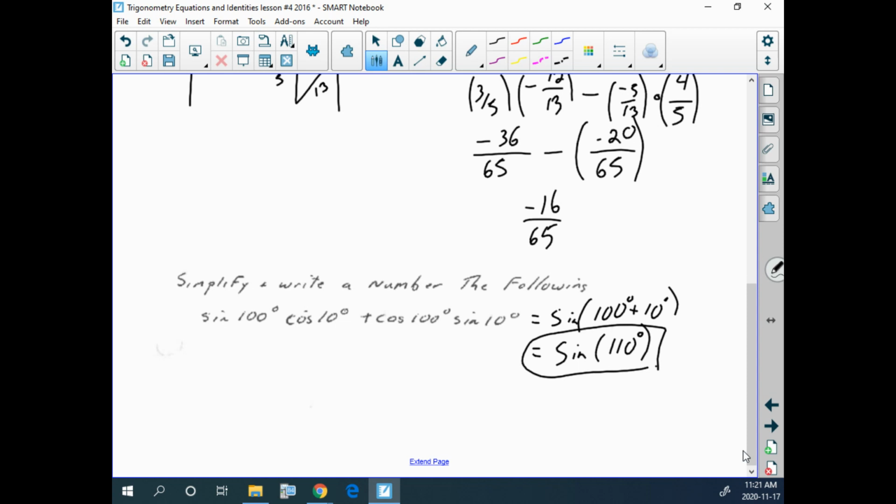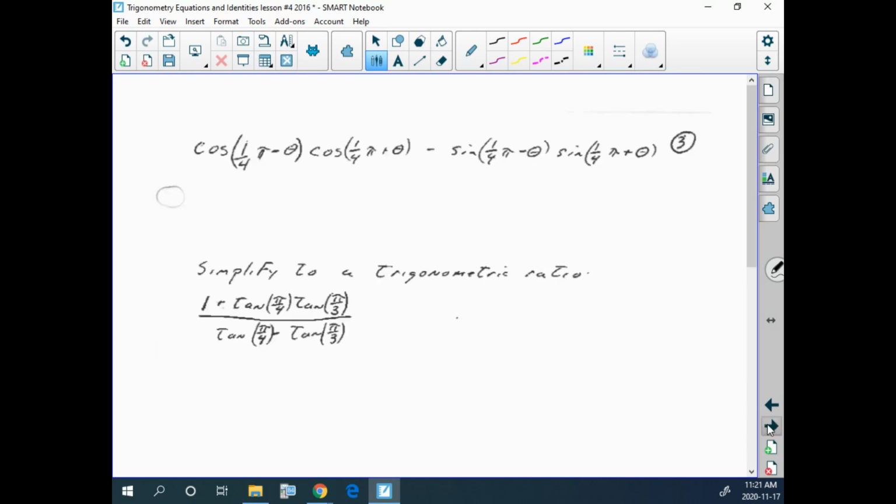Now, if I had a negative sign between that, then I would have sine of 90. We know sine of 90 is 1. We have an exact value for sine of 90. We don't have one for sine of 110. Oh my, this is ugly. No, it's actually not that ugly. Now, if I think about this as ugly, I'm going, oh my. First thing I saw here. However, we have